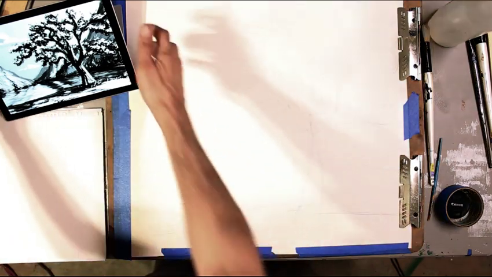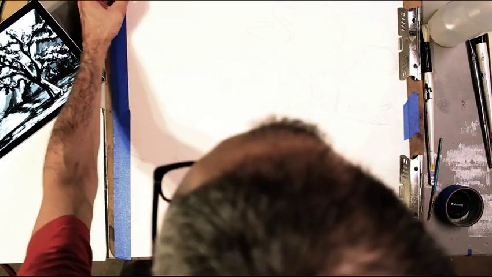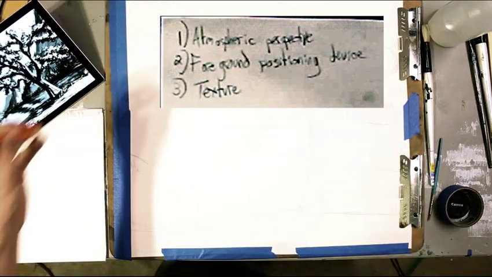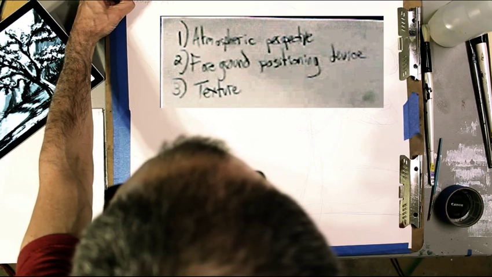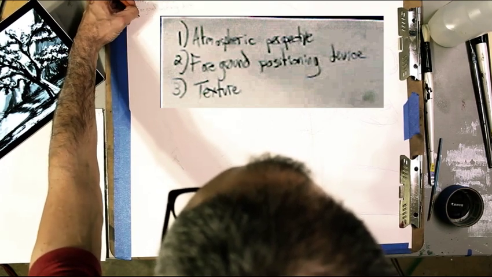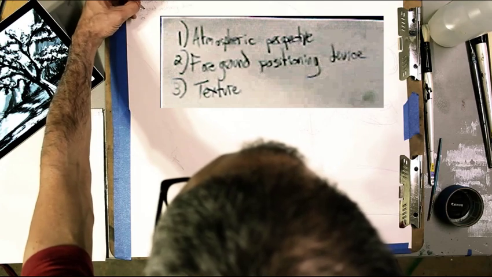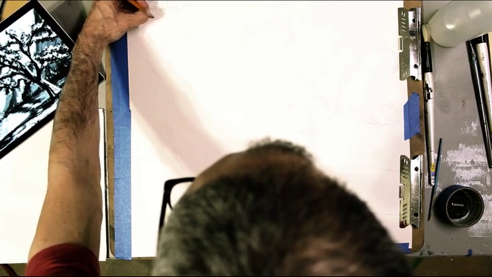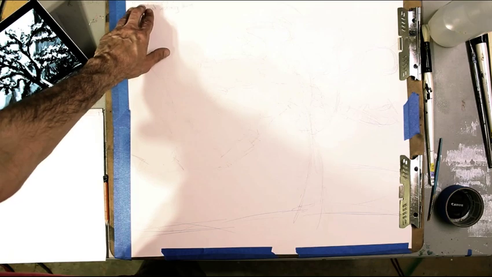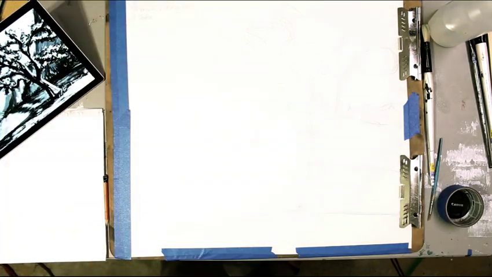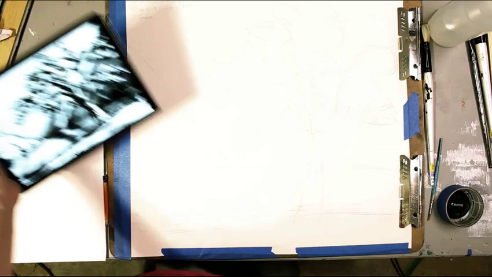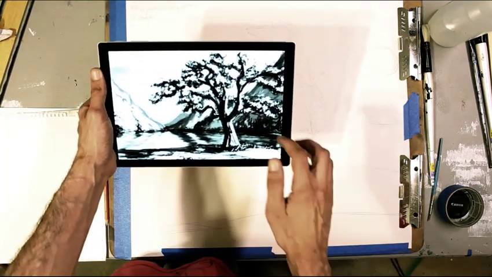recap the elements you need for this drawing. So first of all, you need the atmospheric perspective. You need the foreground positioning device, and you need to demonstrate successful use of textures in this particular assignment. And I'll explain what that means in a moment. But in order to fulfill objective number one, we need a very deep space that goes all the way back to the horizon, like in this sketch here, so that you're able to appreciate the atmospheric perspective